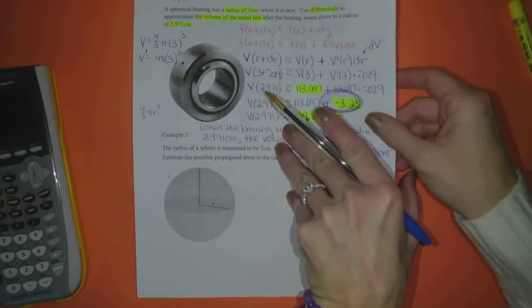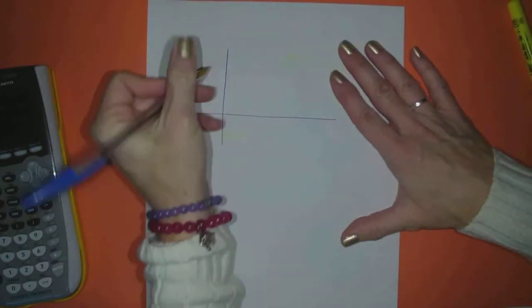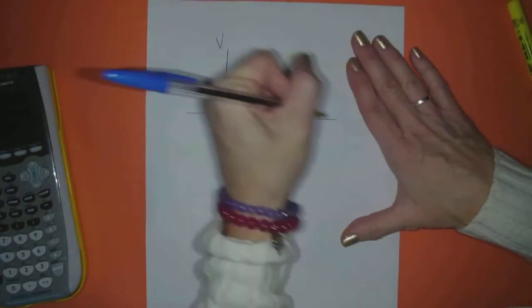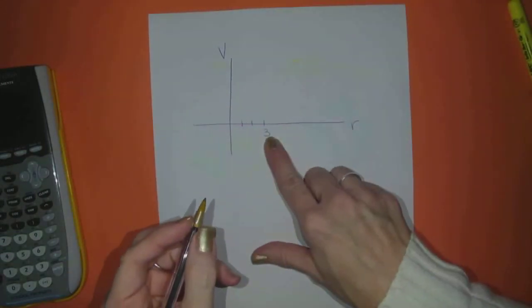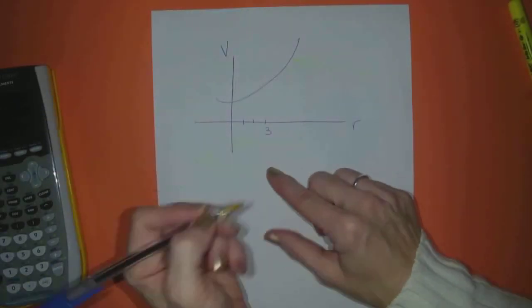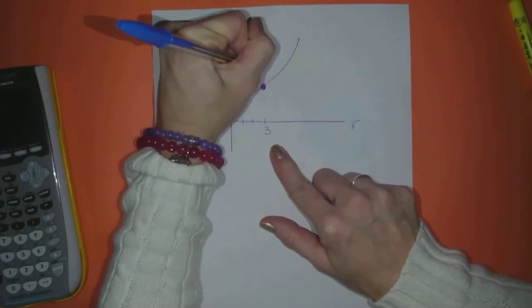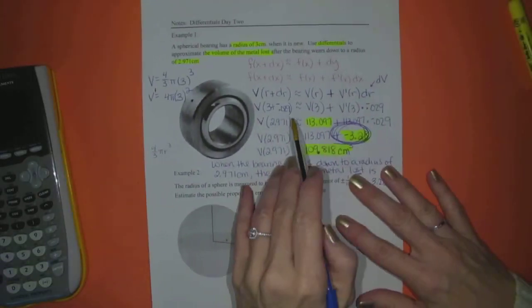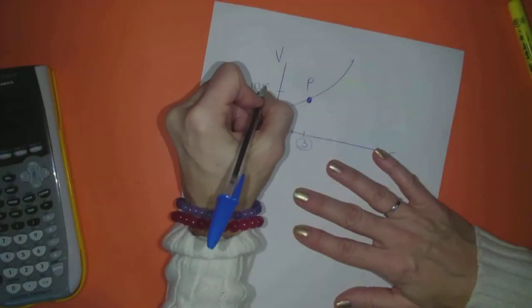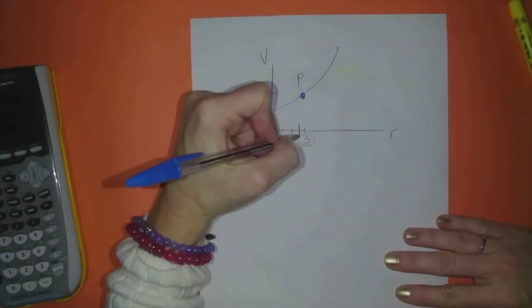Now, in a picture, guys, check this out. So think about our notes from yesterday. If you're visual, right? Instead of having f of x and x, we have volume and radius. And so we know the volume when r is 3, right? I'm just going to draw. I don't know that this is really what the curve looks like. I'm just going to try to use the drawing from yesterday. So this is like the P from yesterday. So when r is 3, we know the exact volume is 113.097. Now, we're getting the approximate volume at